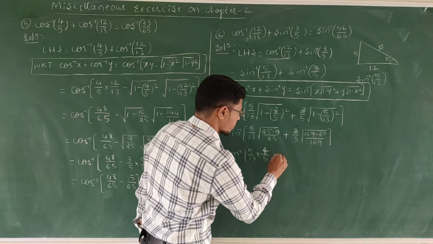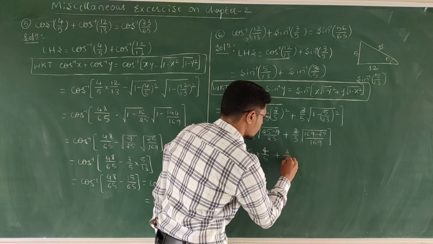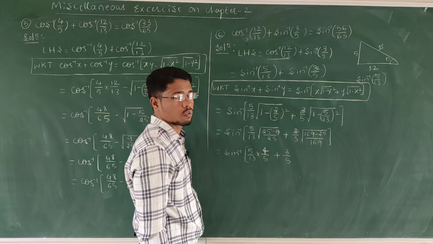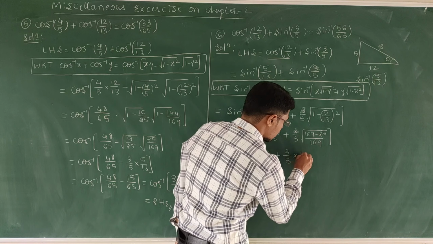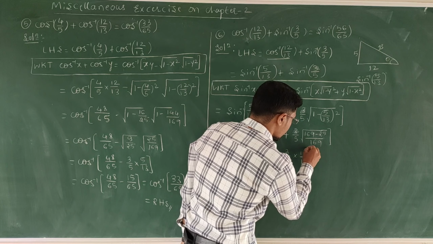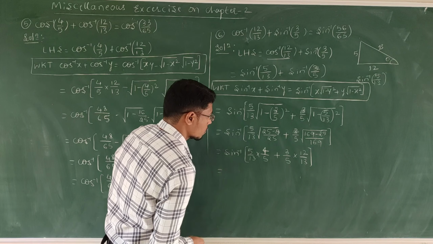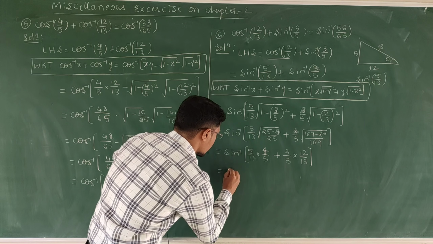Then plus 3 divided by 5. Square of 13 is 169, 169 minus 25 is 144, root 144 is 12 divided by 13. So this is equal to the sin inverse of